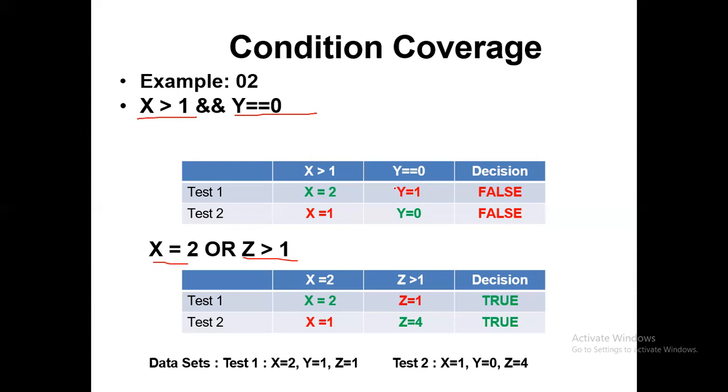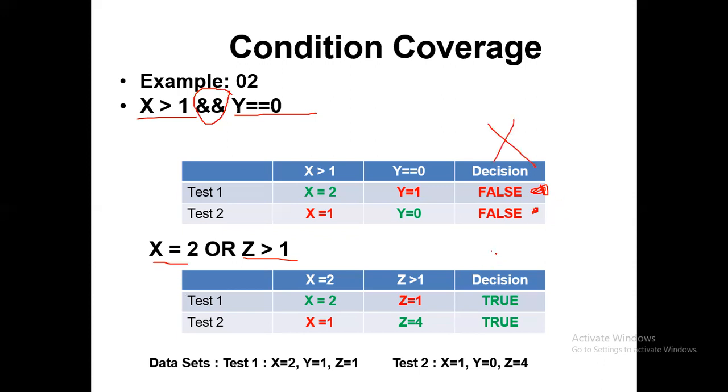And for y equals 0, we can take y equals 1 and y equals 0. But the problem is, since this is an AND operator, always our decisions will be false, right?